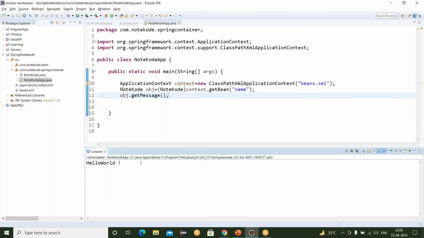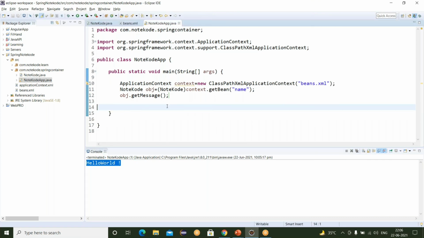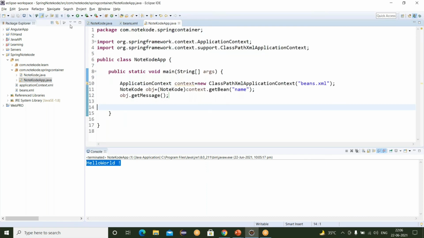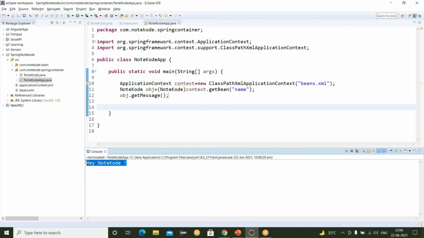You can see hello world is printed. Now, if you want to change the value of hello world, what you have to do? Just go to your XML file and change the value here. Let's say I'm writing here, hey NodeCode. Save this and run. You can see the output is changed.